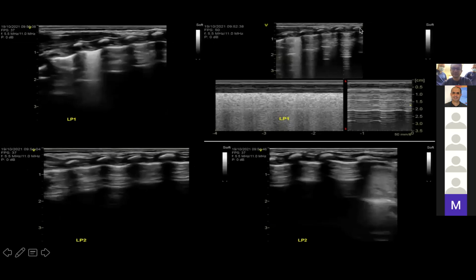Can you see it now? Yeah, we can see it. Do you want to go through the